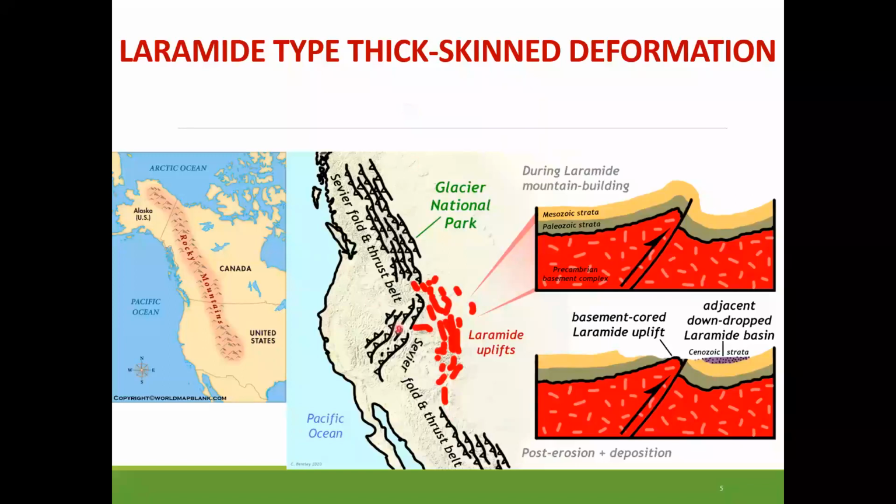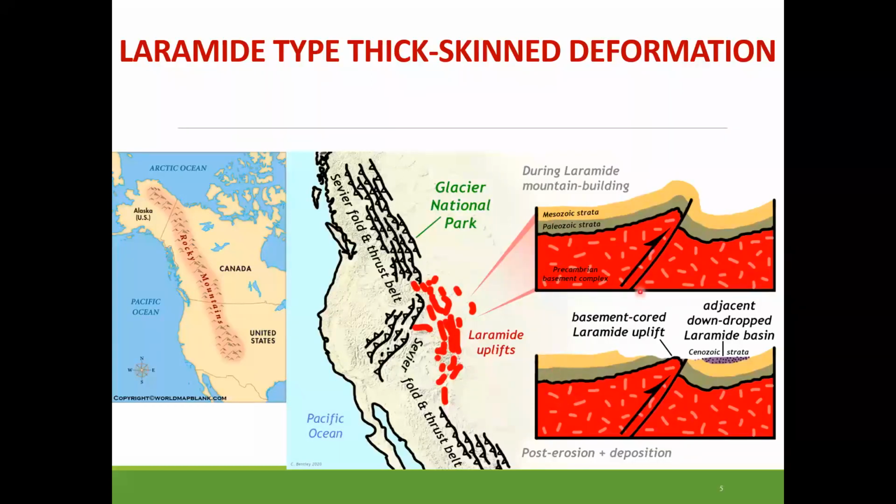And what people saw was that there were reverse faults, okay, which were approximately 45 degrees dip, and then because of the reverse faulting, you basically got the mountains forming. Okay, so this was one type, which was called the Laramide type, and it was also called thick-skinned because it involved basement rocks. So the red stuff here is called the basement, and on top of the basement, usually you get sedimentary rocks, which are essentially given by these layers here.